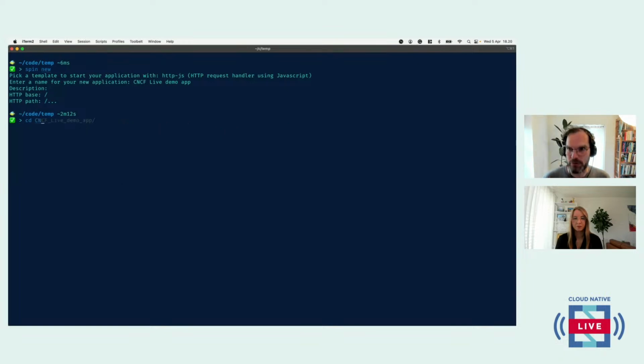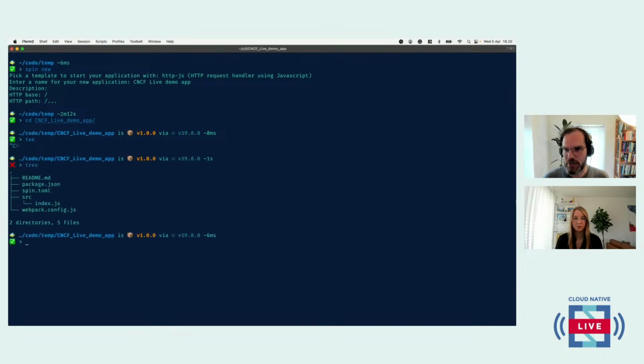Where did we put this? This ended in the CNCF live demo app. I want to show, oops, that's not what I want to do. I want to do tree instead. I want to show you what got created here. So we have